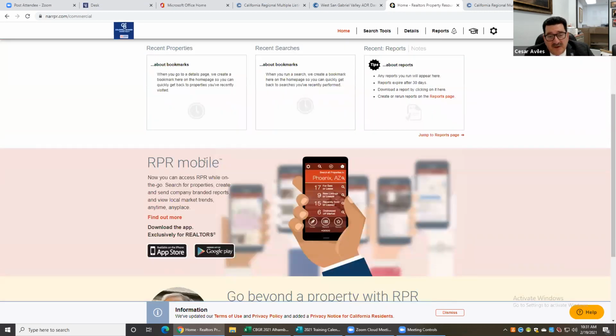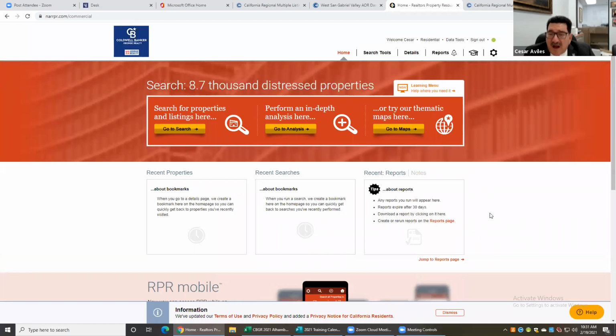There's also RPR Mobile. Put it on your cell phone, because that way you can search any property on your cell phone. You're driving and you look at an address and you put search and you put the address and it will tell you who is the owner of that property. And you can go knock on the door and say, good morning, Mr. Castrellon. I just noticed that you have a beautiful house. Have you ever thought about selling it? I have